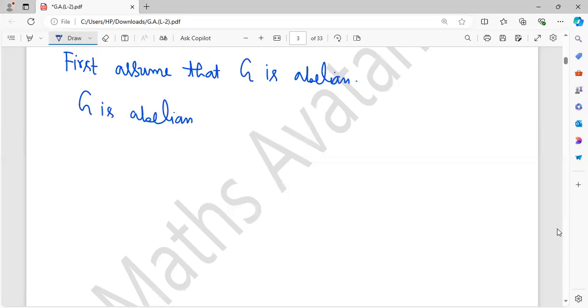So this implies AB is equal to BA for all A, B belongs to G, because a group is abelian if the commutative property holds. So G is abelian implies AB is equal to BA. Okay. Now